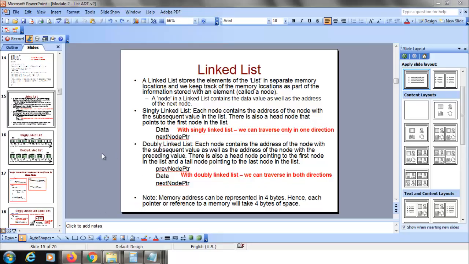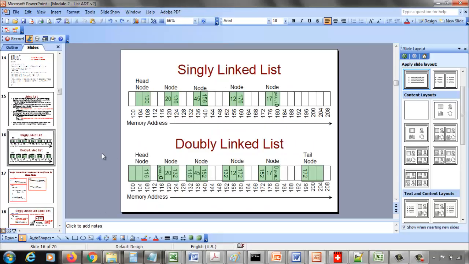Okay, so in a linked list, you store the data as a node, and they are not necessarily going to be in consecutive blocks of memory. So you're going to have the data spread out throughout the memory. So this alleviates the need, as with an array, that you need consecutive blocks of memory. But the other side of this is, since the data is distributed throughout the memory,